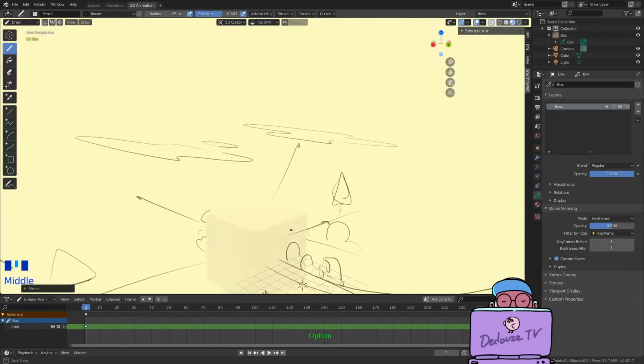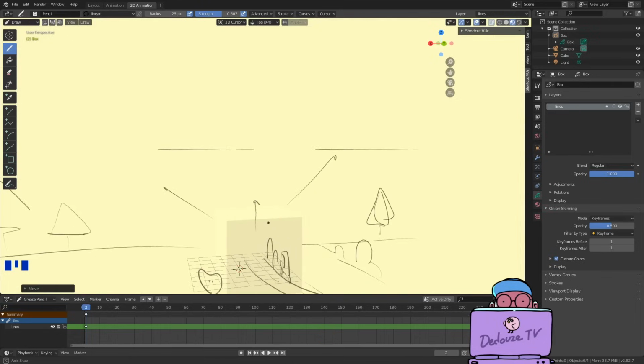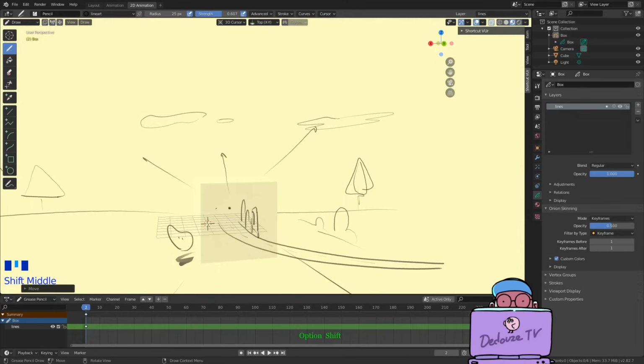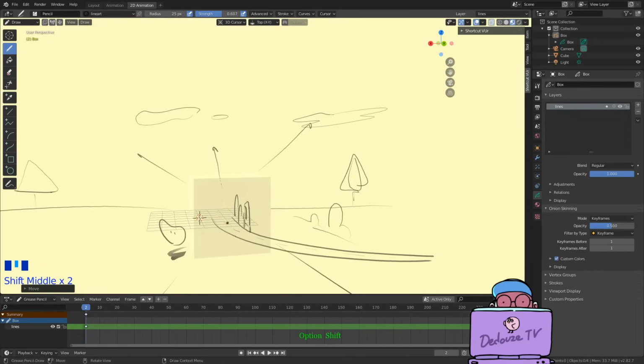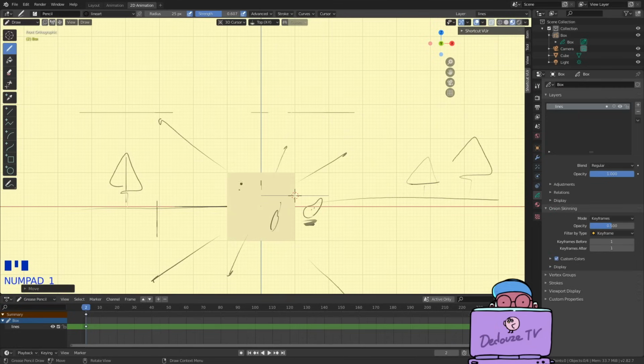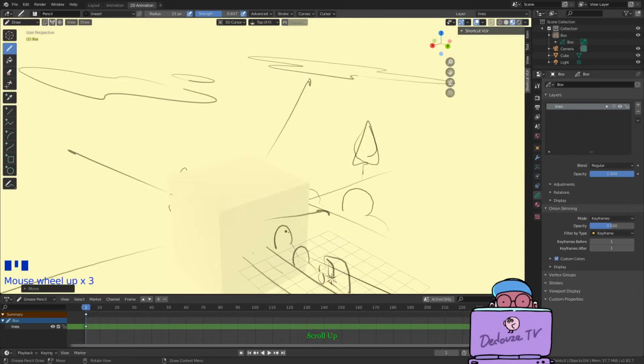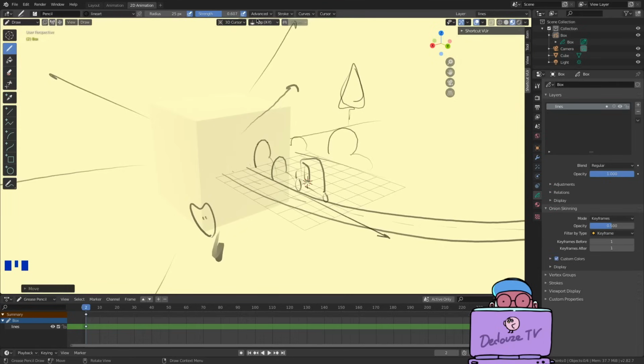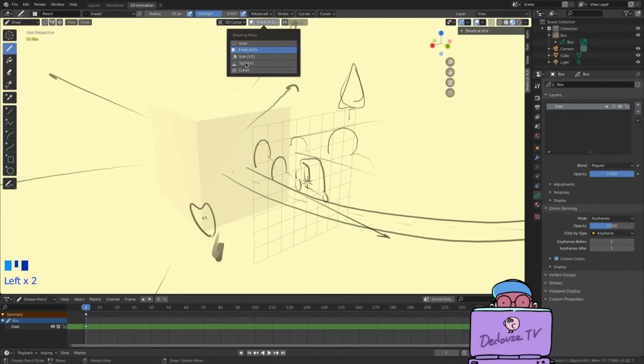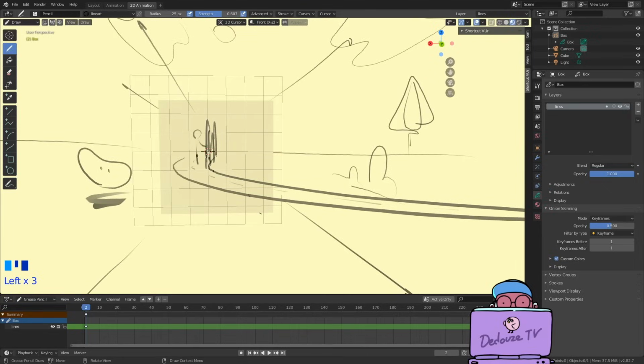Now I rotate to see in perspective and I see that they are aligned on the side, on the y-axis, but not on the front, the x-axis. So I press again numpad 1 and I align it on the car from this view. I go back to perspective and now it seems okay. So you see, I had to check the position from the side and from the front view with numpad 1 and numpad 3 to be sure that I was indeed in the center of the place where I wanted to be. Now I can change the orientation of the canvas to front, and here I can draw some guy going up in the car.